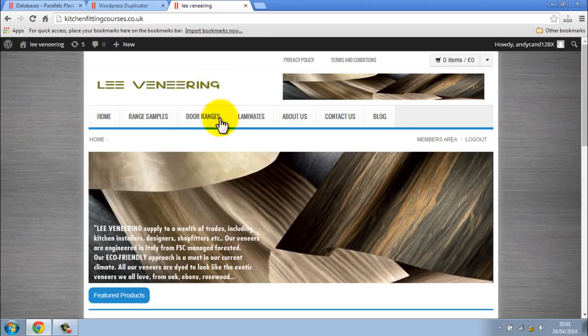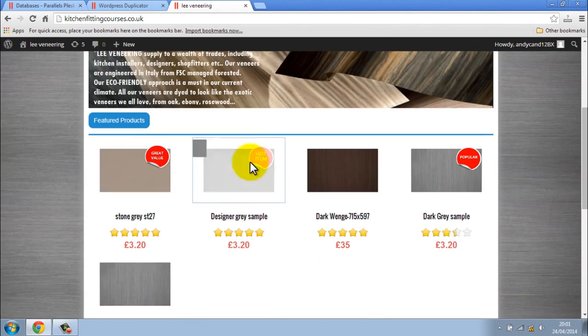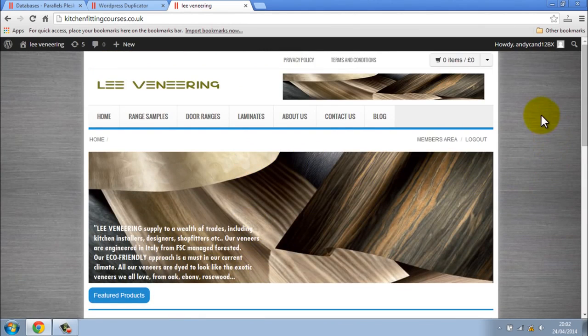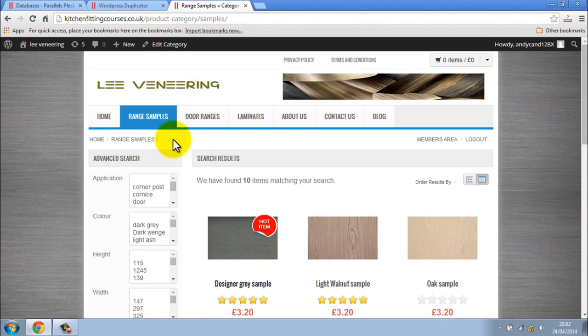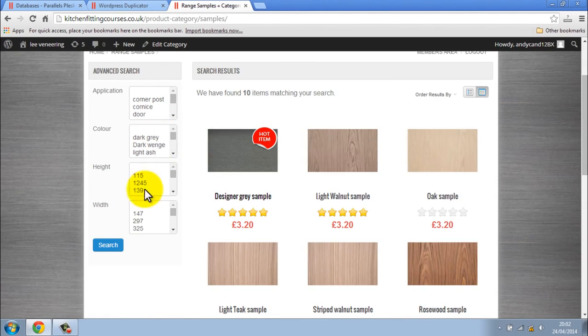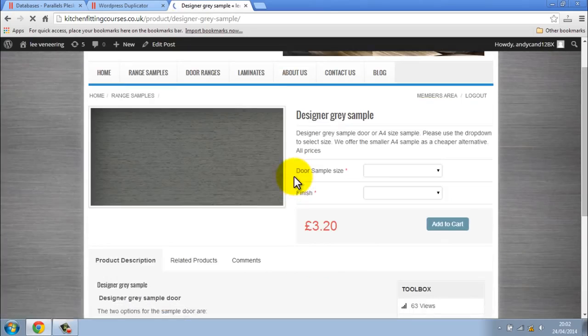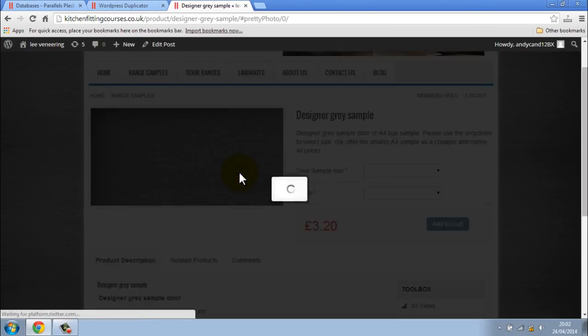And there we have it. Everything has come in exactly as it should be. It's brought the backgrounds in, it's brought all your images in. Not a problem at all. It's brought all my taxonomies in. I can go and look at the more details. It's brought everything in as it should,